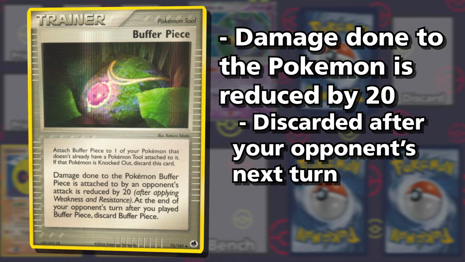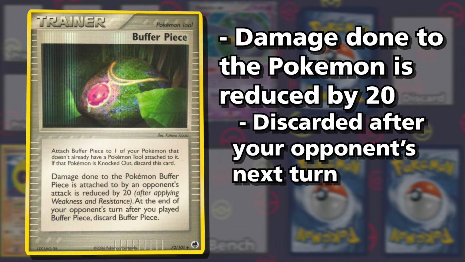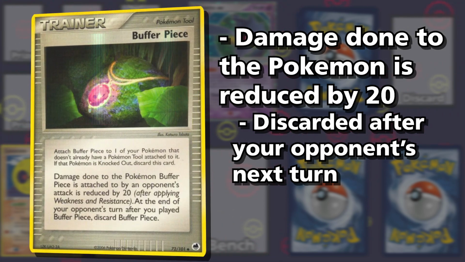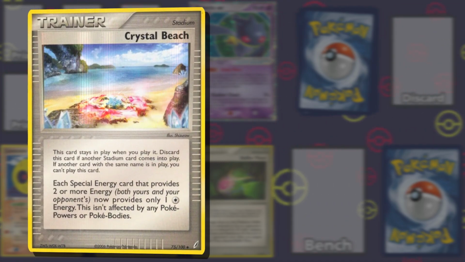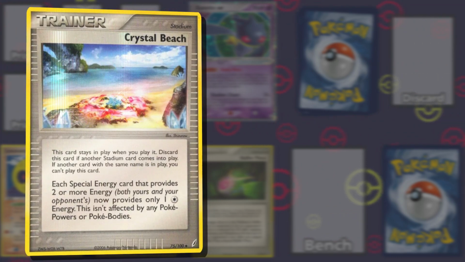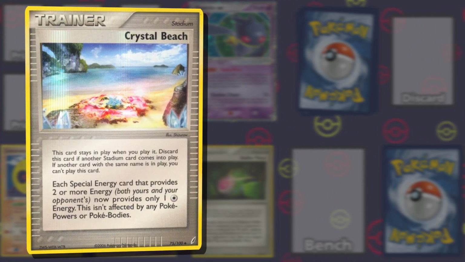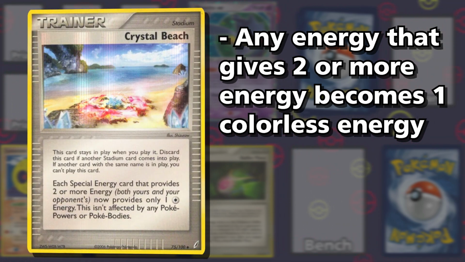Considering this deck gets rolling so fast, this card allows you to either keep your opponent from stopping you, or keep your opponent from catching up. This slowing of your opponent is a shared goal of this deck's main stadium as well. Crystal Beach not only came up in my now 2-year-old lore video, but also dominates decks that rely on special energy. This stadium makes it so that any card that provides 2 or more energy now only gives 1 colorless